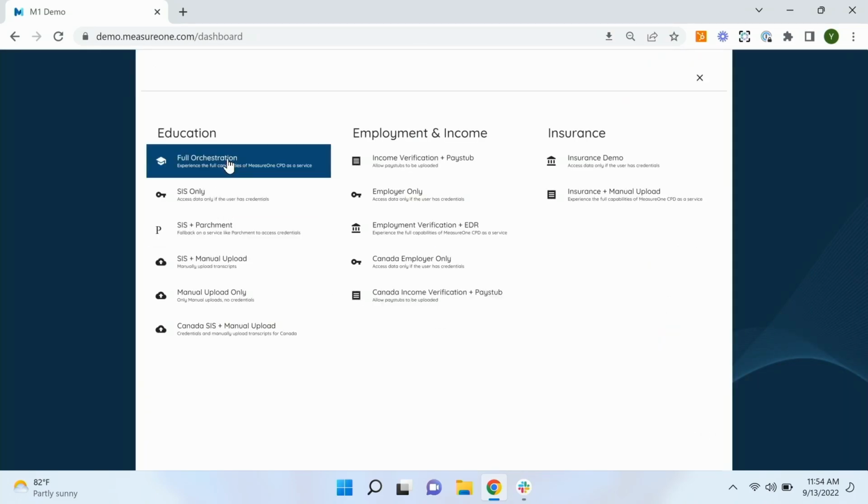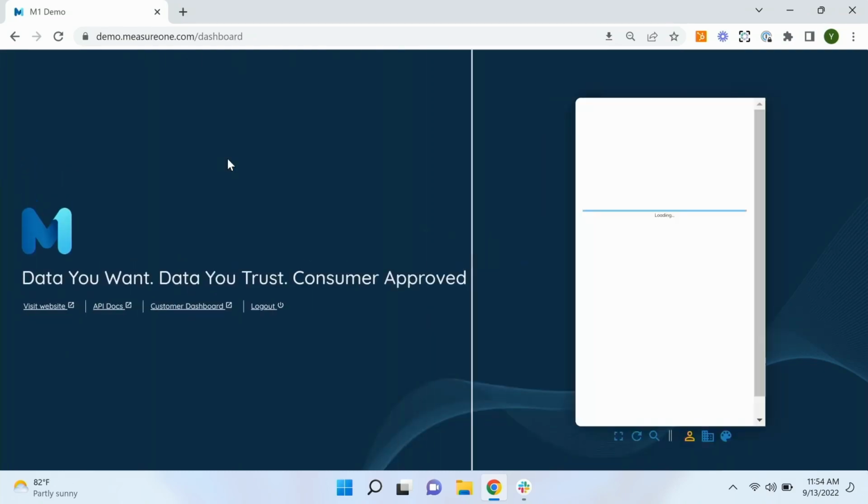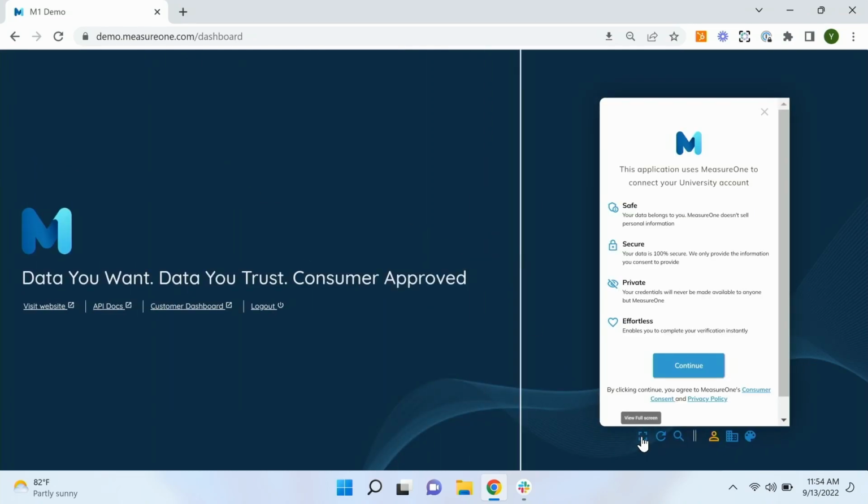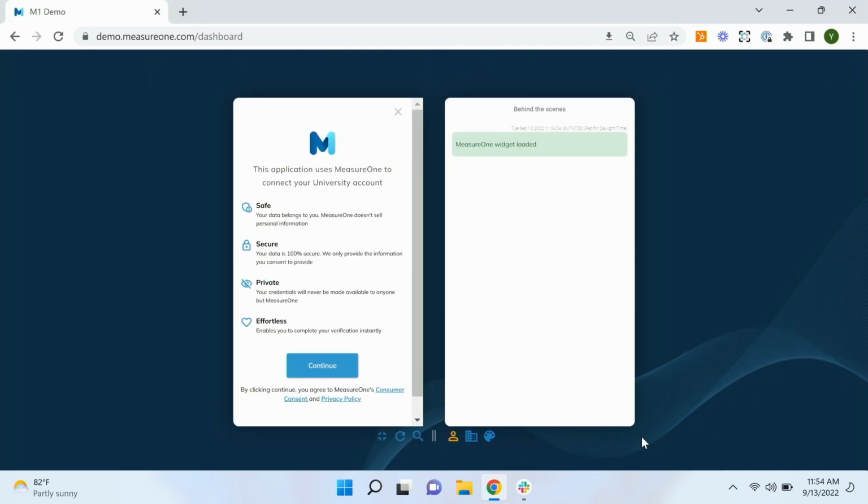And we'll finish up with education. Maya's lender is very savvy with using alternative data. And they know that since Maya is still relatively recently graduated from college, her educational data can predict credit performance, and they want details from her transcript. MeasureOne can support this too. We cover over 98% of higher education institutions in the US and Canada.